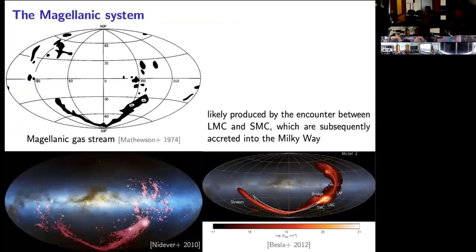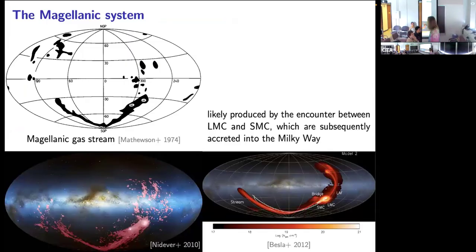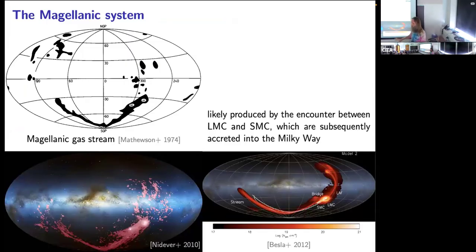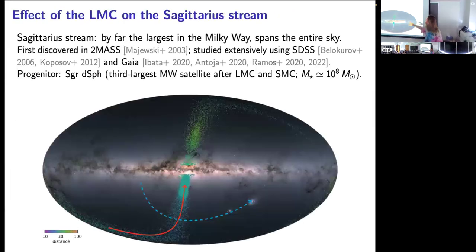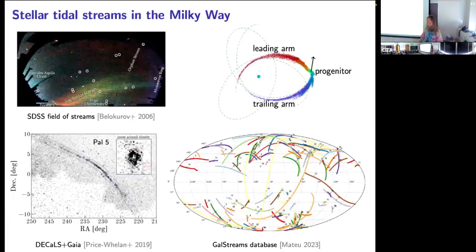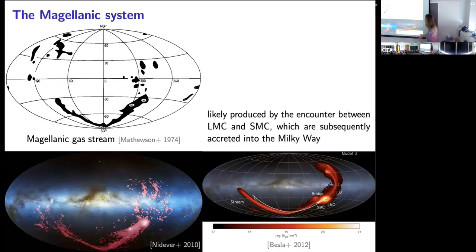So I talked about the gas stream, and the streams I talked about a couple of slides later were all stellar streams. We have a stellar stream from the LMC because it comes around the Milky Way, but we don't have a strong chemical story. There are a handful of stars, maybe 20 or so, in the trailing part, and a bunch of stars in the leading part of the stream. But compared to what we have for Sagittarius, which is a much smaller galaxy, whose stream covers the whole sky with about 50,000 stars that we observe, this is nothing. As for why the LMC does not produce a stream observers can see,